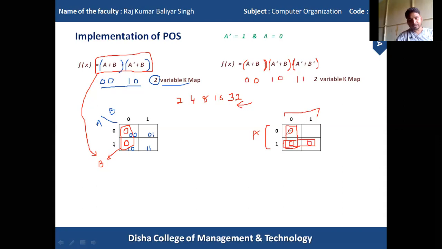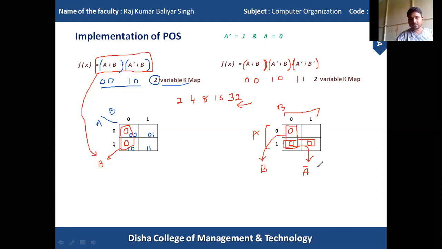Okay, from this combination we'll get that result B. For this combination we'll get the result A naught. Because for this 0, A is constant, but this B is not constant. Similarly, for this 0, A is constant, but in this case the B value is changing from 0 to 1, so we cannot take B as a constant value. So the answer will be A dot B.